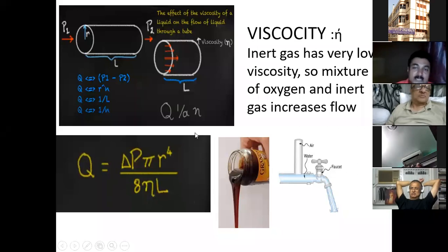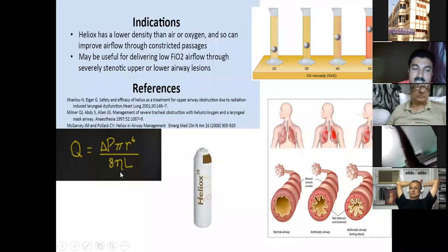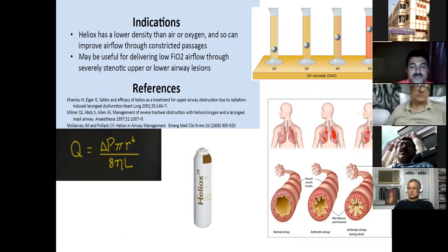There is a very good application in bronchial asthma or bronchiolitis. We can reduce the viscosity by addition of helium with oxygen. Because in case of bronchial asthma, the length is constant, and the effective diameter or radius is reduced. This is the constant, and delta P is already compromised by your respiratory muscle. So the only way to help the system is reduction of viscosity.